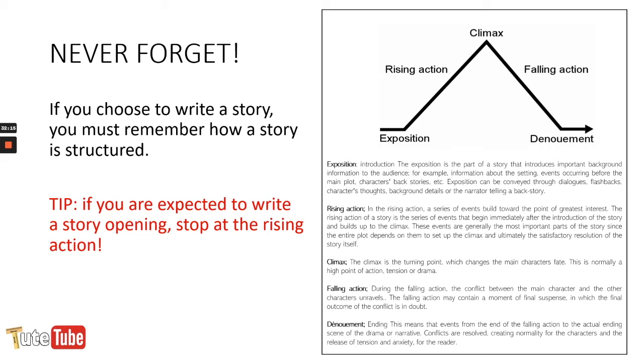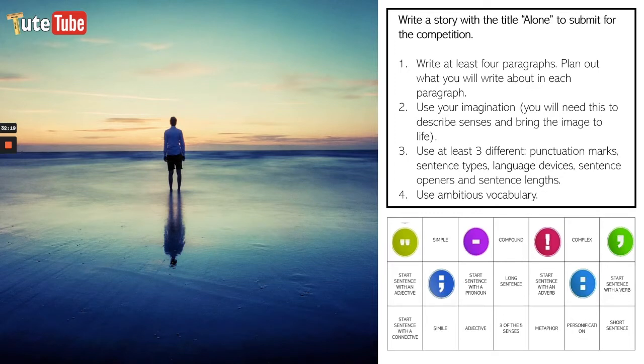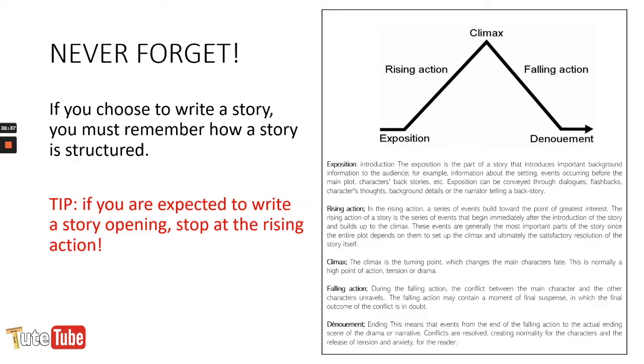Okay. So now that you know how a story is structured, we're going to try and write a short story. We're not going to do a story opening because I feel like that's a lot easier, because you know that most likely you can leave it on a bit of a cliffhanger. But when you're writing a full story, a short story, you want to make sure that you have included as much as possible. So you want to sort of combine getting your exposition, rising action, climax, falling action, and denouement